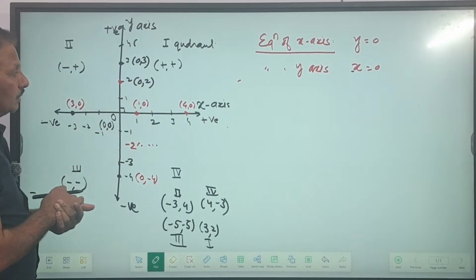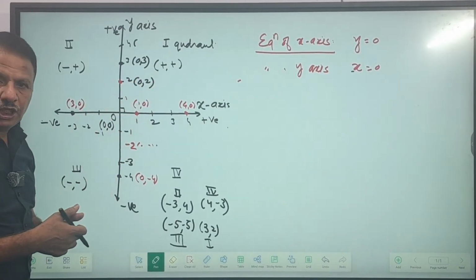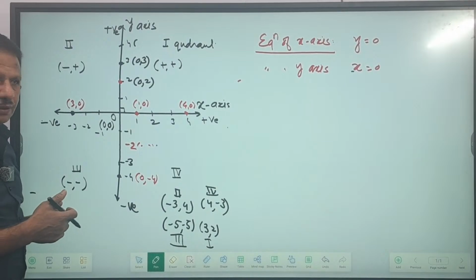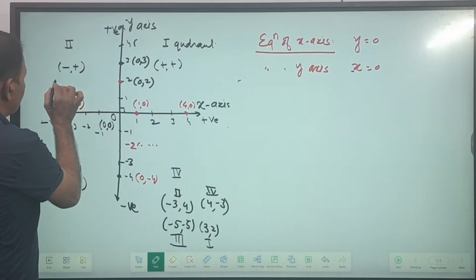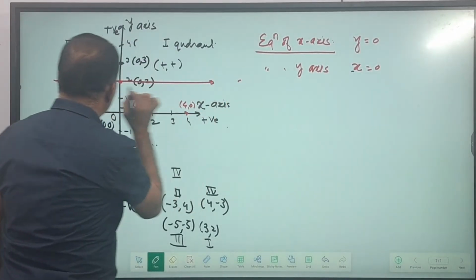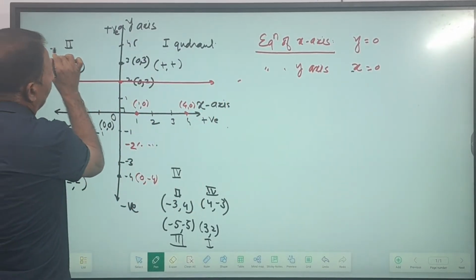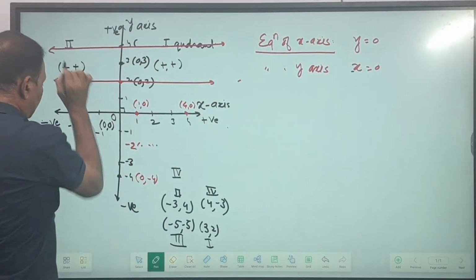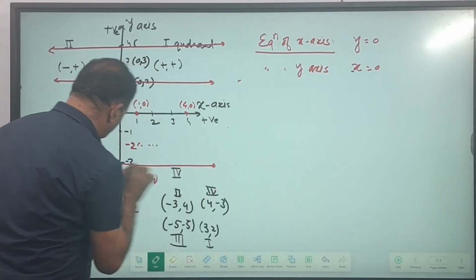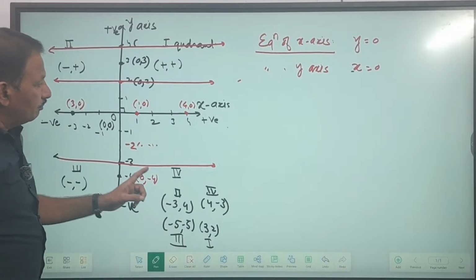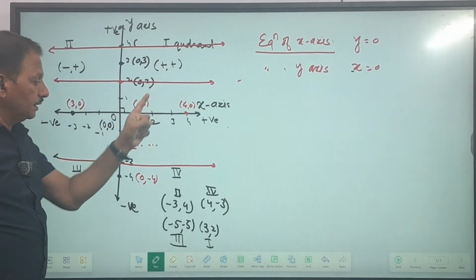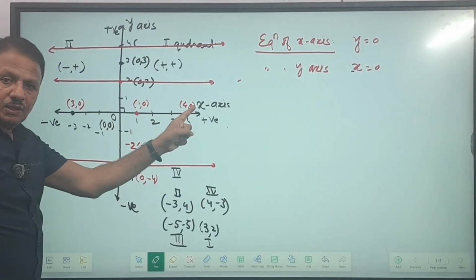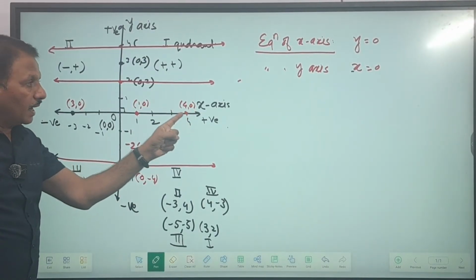From that I want to find out the equation of lines which are parallel to the x-axis. For example, एक लाइन हमने ड्रॉ की है. I want to find out the equation of these two lines. This line I want to find out. अभी एक बात मुझे समझ में आ गई कि this line and this line are parallel to the x-axis, and I know